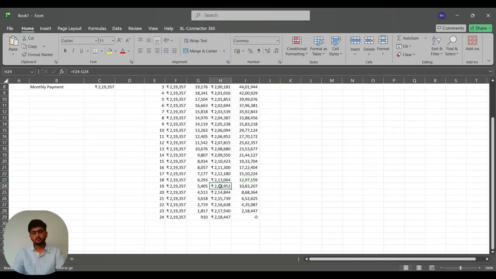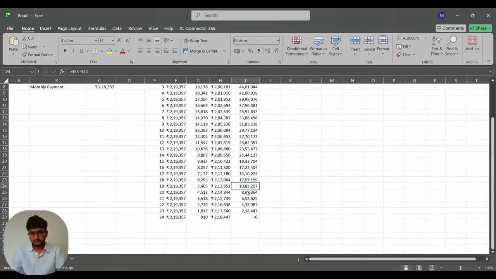Then when we minus the interest from the EMI amount, we'll get 2,13,952 rupees, the principal we are paying. Then when we deduct this month's principal from last month's debt, we'll get